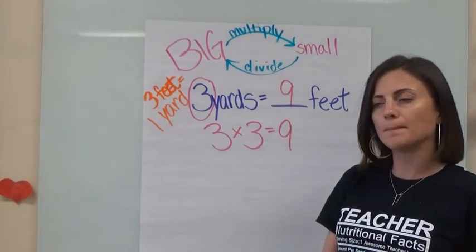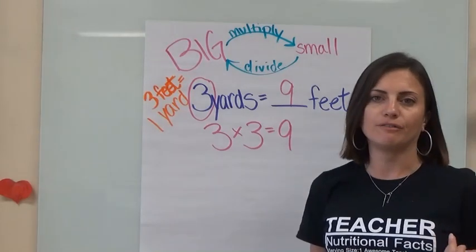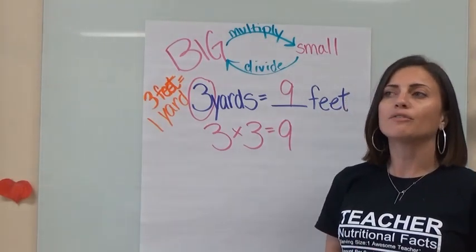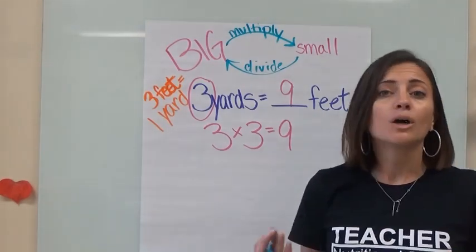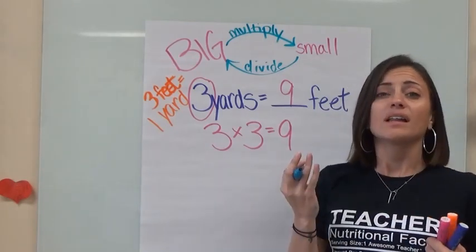So let's do another one. This time, let's talk about our inches and our feet. That's going to be another easier conversion to multiply. So if I am asking, Coach Brooks, he could jump 5,